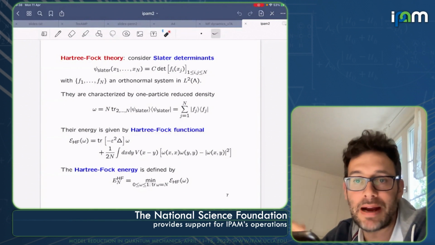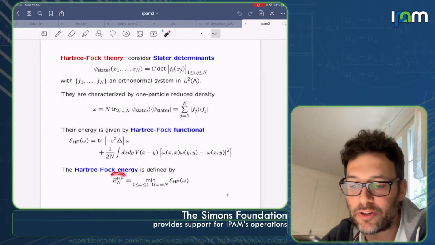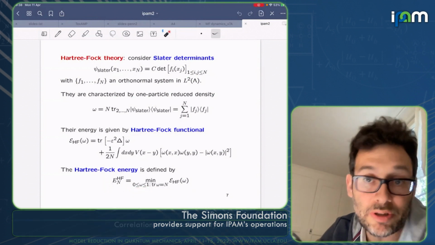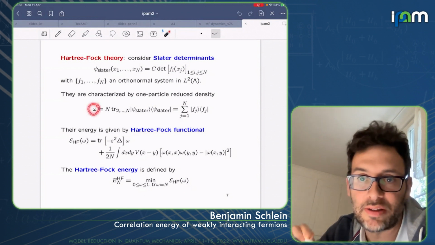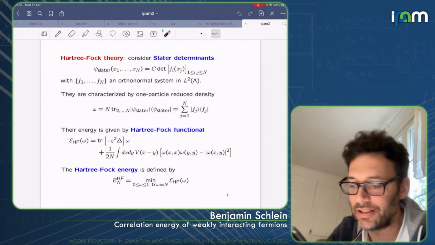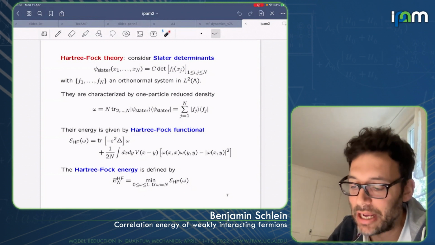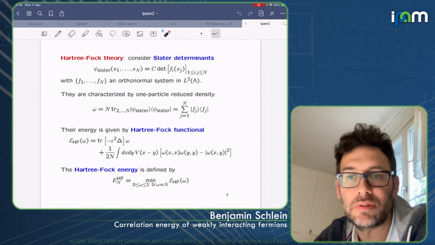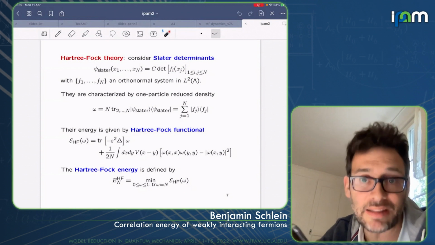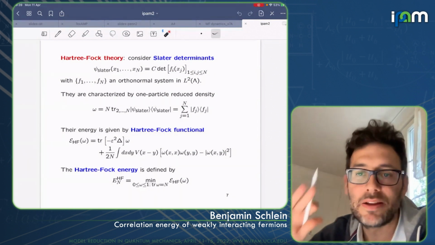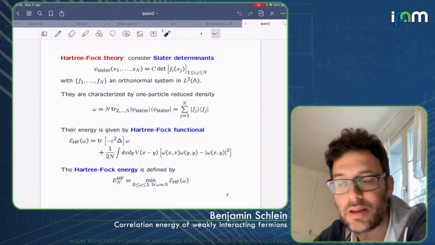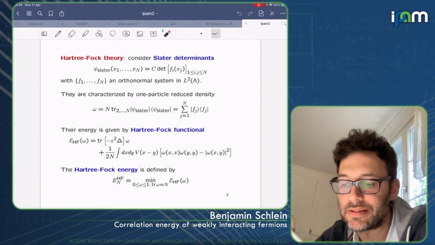Okay, and once you have the Hartree-Fock functional, you can define the corresponding energy by minimizing over all orthogonal projections, or rank N projections, which corresponds to the determinant. Or, as Lieb proved, you can also minimize over all omega between 0 and 1, instead of just looking at the orthogonal projections or at the rank N projections. So you should think of this quantity as an approximation for the many-body energy. Okay, good. But what can we say about this Hartree-Fock energy?